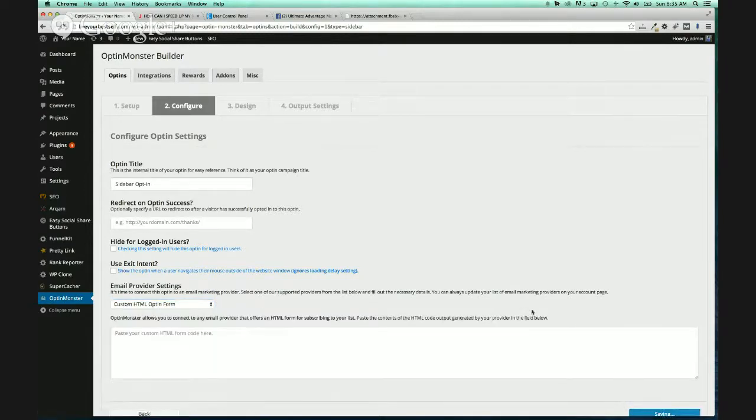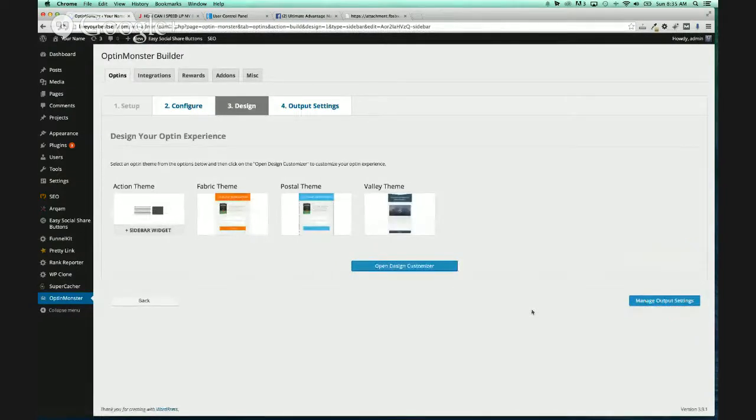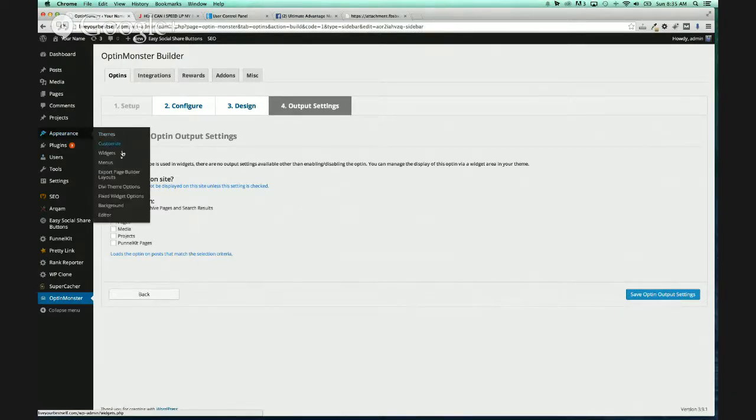And you guys are going to see Opt-in Monster on the next page. It gives me some themes that I can use for my sidebar widget. So let's just use Postal for now. And again, if I click Open Customizer, it's going to allow me to customize the font and everything. But I just want to show you guys this quickly, so we'll just move on. And then we'll go ahead and enable it on the site. And we'll click Save. And you guys can see if I go into Appearance and then Widgets,